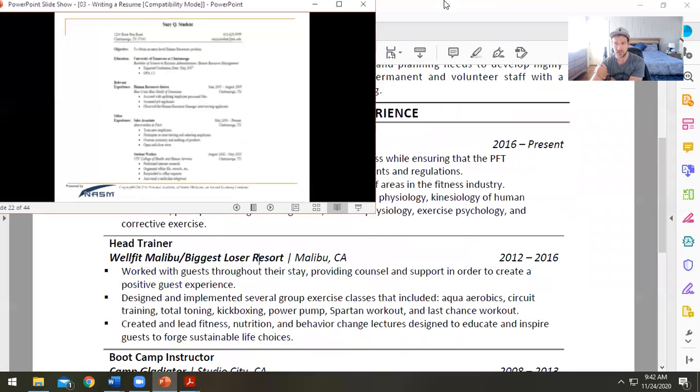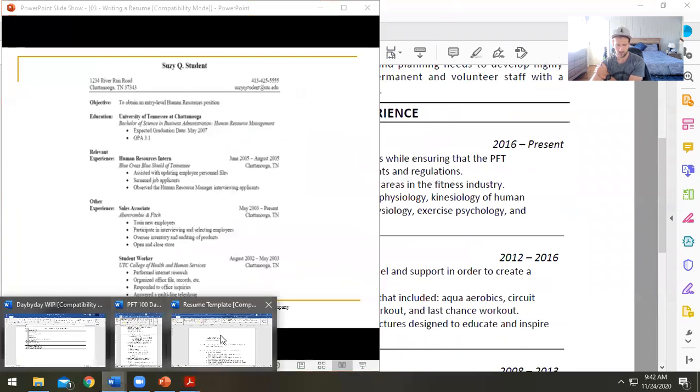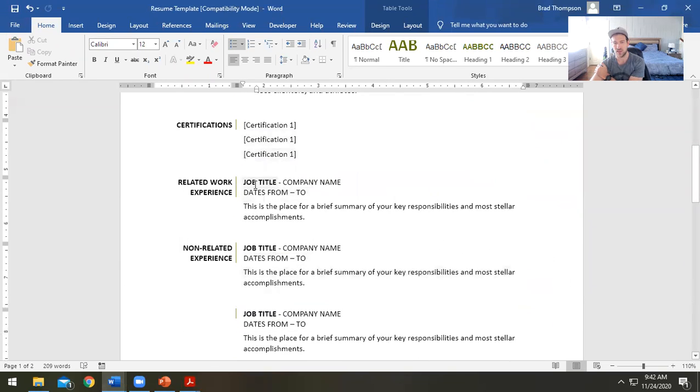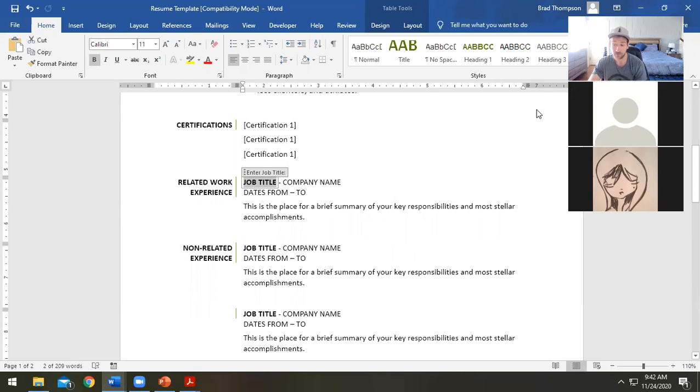Let's take a look again at how we can fill out some of this work experience. If we go down to related work experience, we're going to put a job title here, let's say one that's somewhat related to the fitness industry, but not necessarily regular training for a job, right? One thing that I've had students do in the past, and I'm not necessarily against this, I don't know how it would work in the pandemic world here, but remember